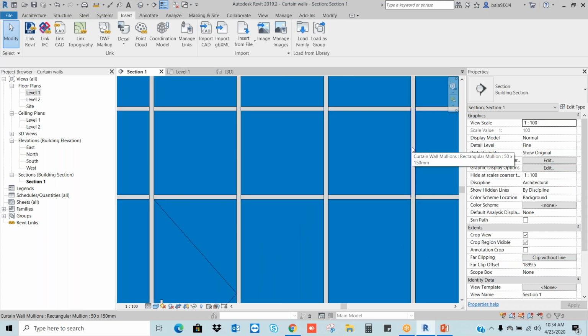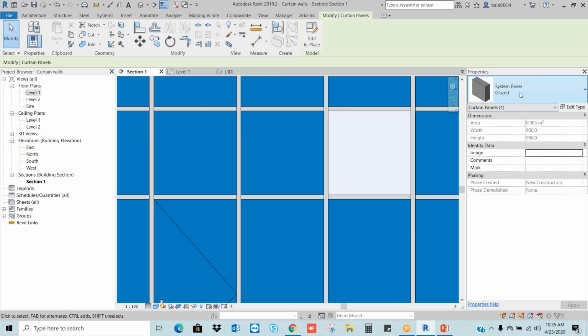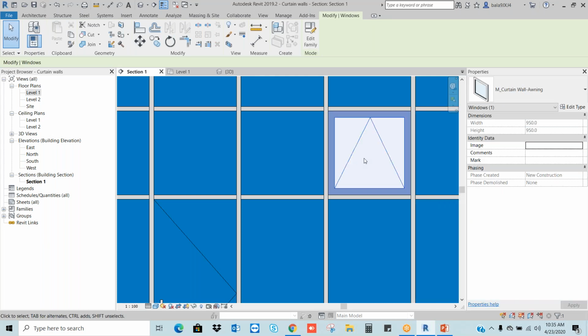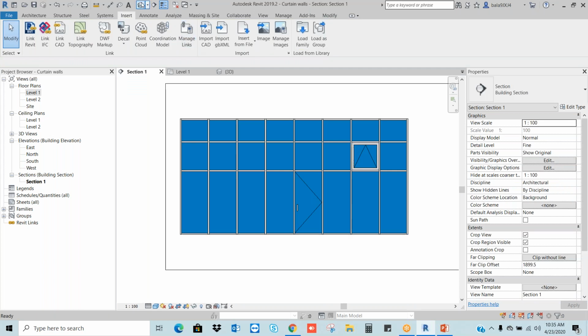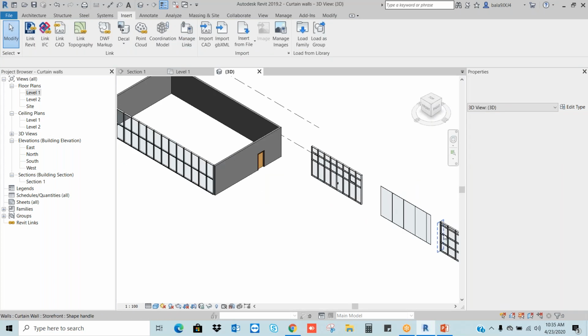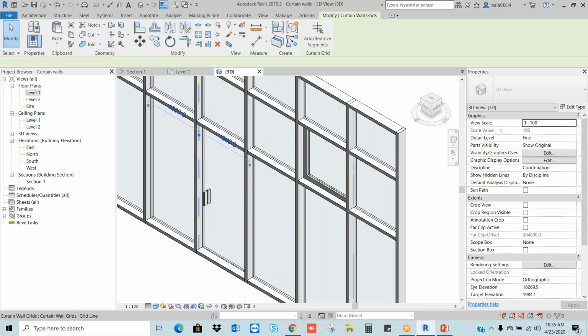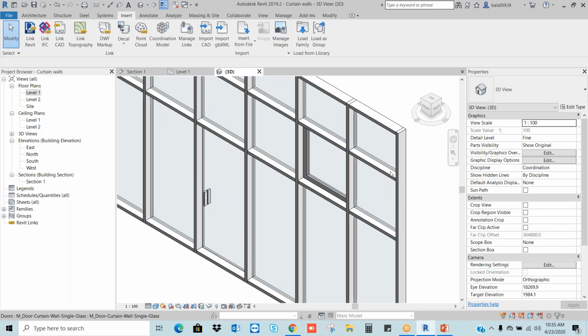I want to change this panel into the window. Select it. So how am I selecting? I am placing the mouse and hitting the tab key. 1, 2, 3, 4. See, the fourth time we are getting it. Click it, select and convert into this. Now you can see the window. In 3D, you can identify it very easily. This is my window. This is my door. Here we need to remember.